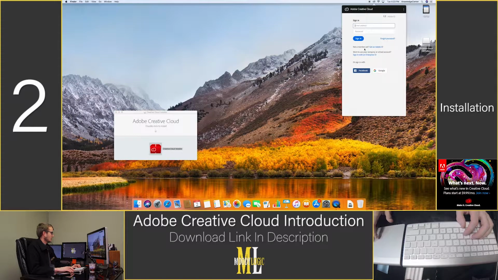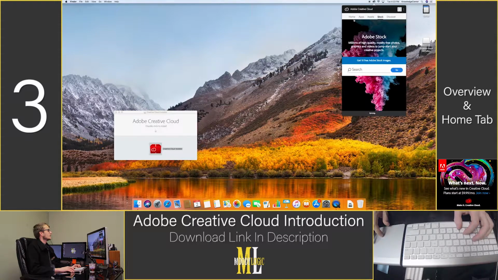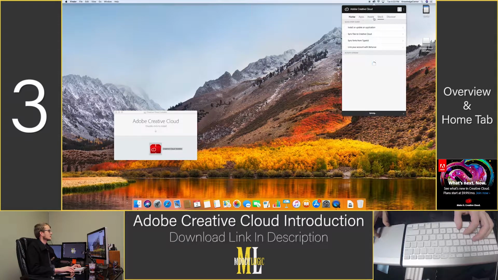So it may be a little confusing at first if you've never used it, but think of this as a portal program to your other programs that you use. But it doesn't stop at that. It's more than that. I'll show you. So once you log in, it's going to ask you for your password and your login or your email address. And if you navigate to home, I think it typically defaults to stock just because it wants you to get stock. What you're going to want to do is the home page, the home tab,